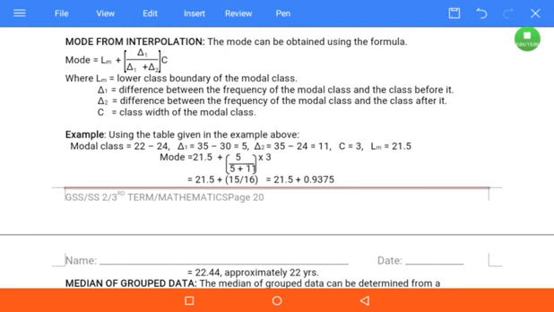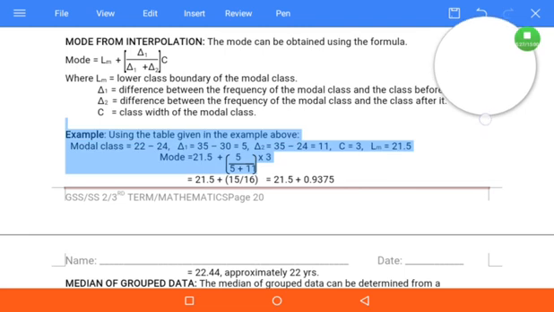Don't forget, when multiplying a fraction by a whole number, that whole number only multiplies the numerator. So you have 3 times 5 to give us 15. So the fraction 15 over 16 plus 21.5. You can see that I did the bracket first, following BODMAS. Then you add to 21.5 to give us